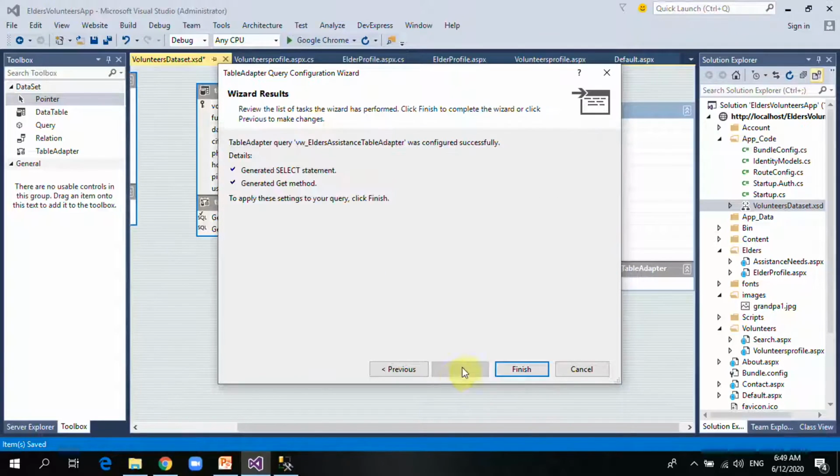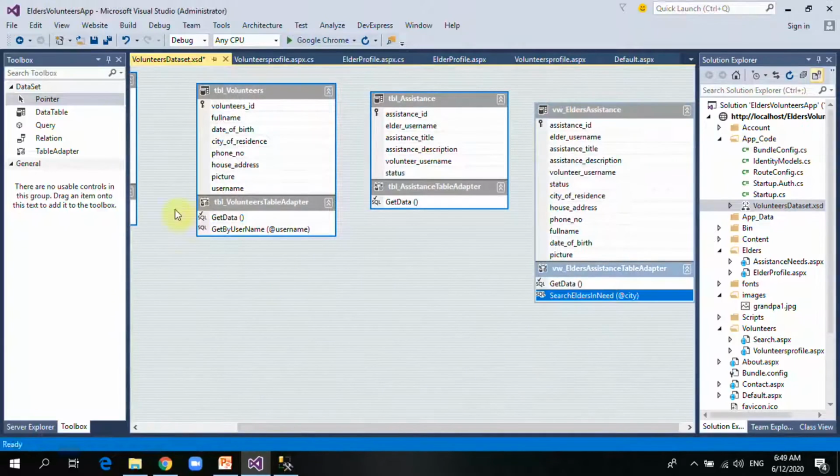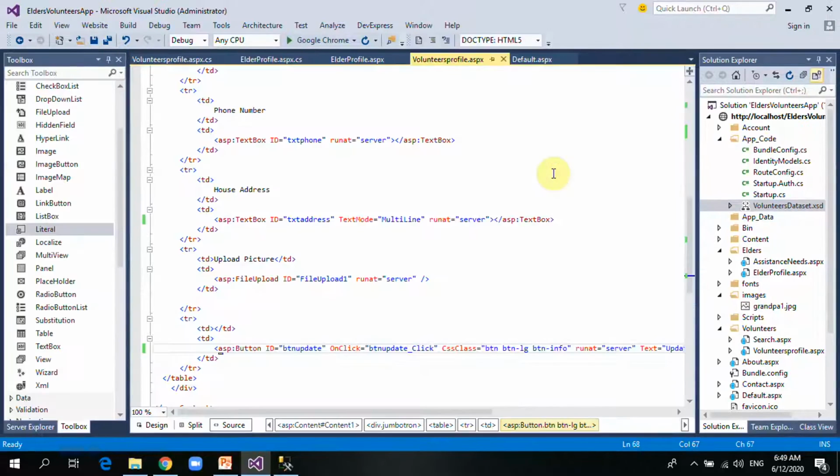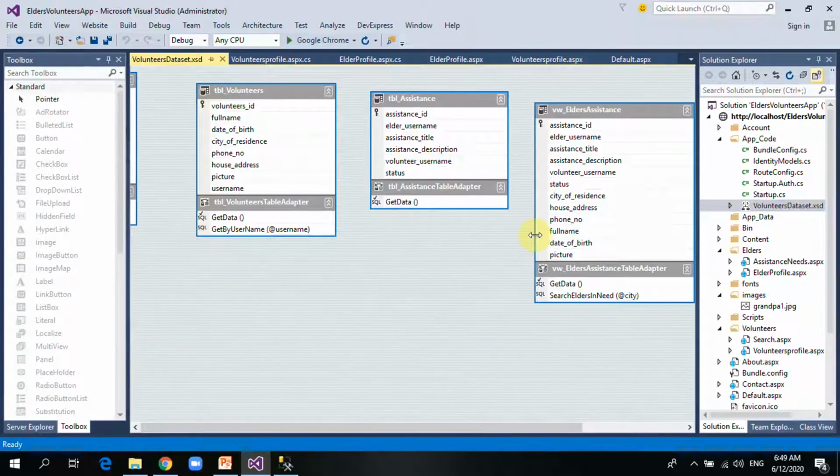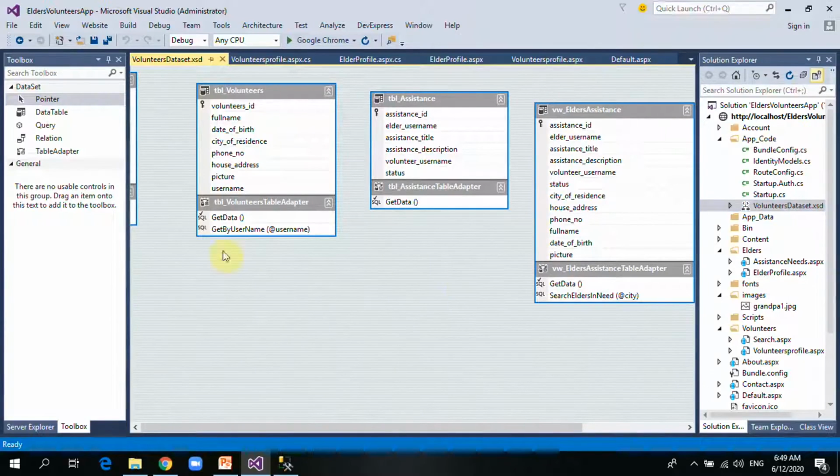And then I can close these and reopen it again. So if we go back to our search page here, we can now